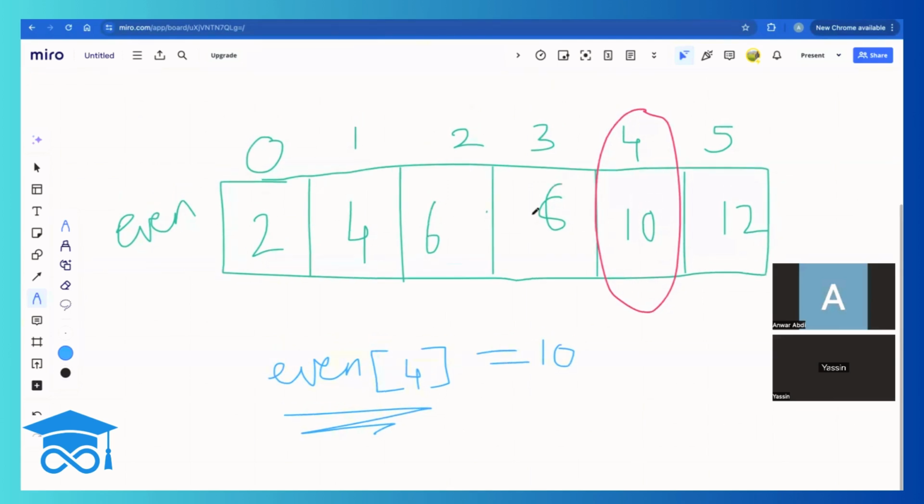So this is what index is, indexing. So an array has an index, and that's how you access items or values inside of the